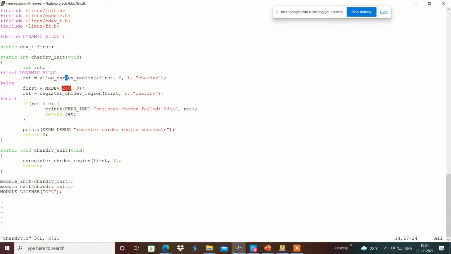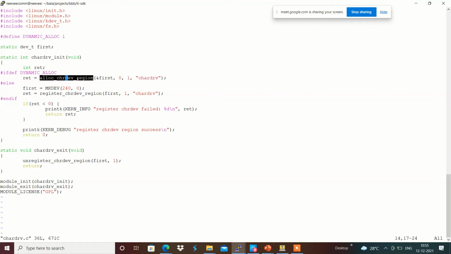Allocation can be used in the scenario where we do not know which major number is free and which number we can use. In that case we will be using alloc_chrdev_region. Because of that, whatever number is free will get allocated, and it provided something like 243, a free number from the bottom.